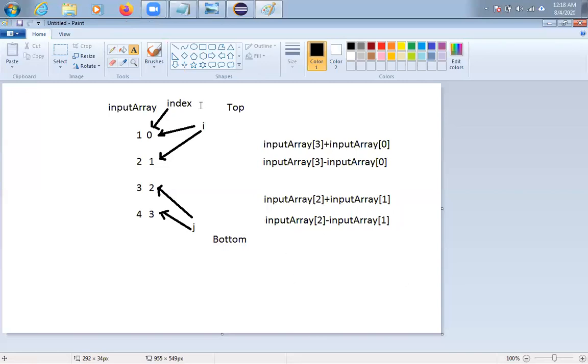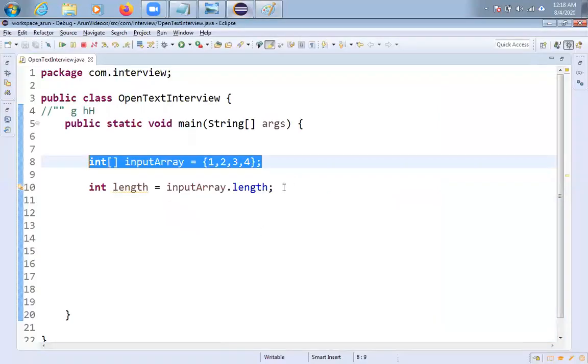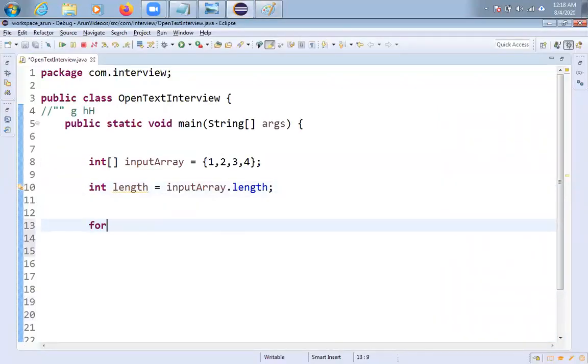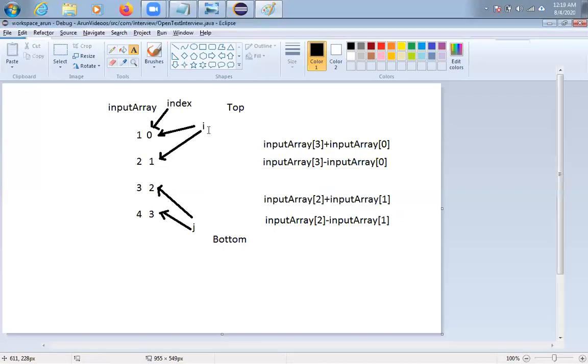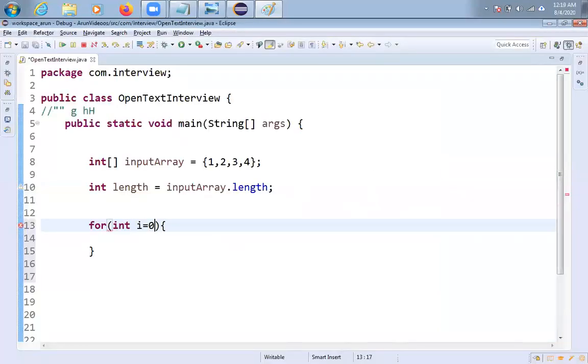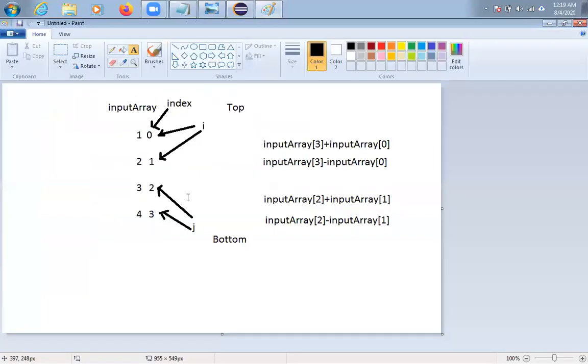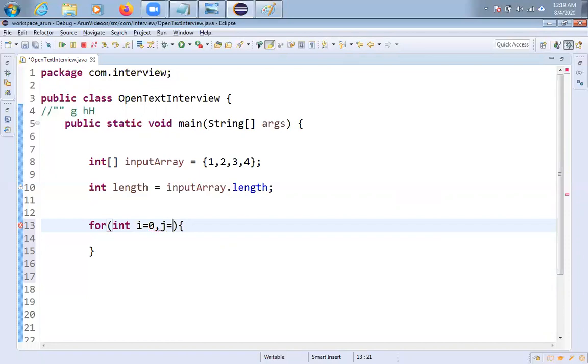So the condition is, i and j should not cross each other. That is the logic I'm going to implement. It's very simple one only. And after this, what am I doing here? For loop I am taking here, friends. Here what I am doing, integer. How many pointers? i and j. What is the initial position of i? 0, friends. Say i equal to 0. What about the second position? j is the end of the array. So very simple, friends. j equal to